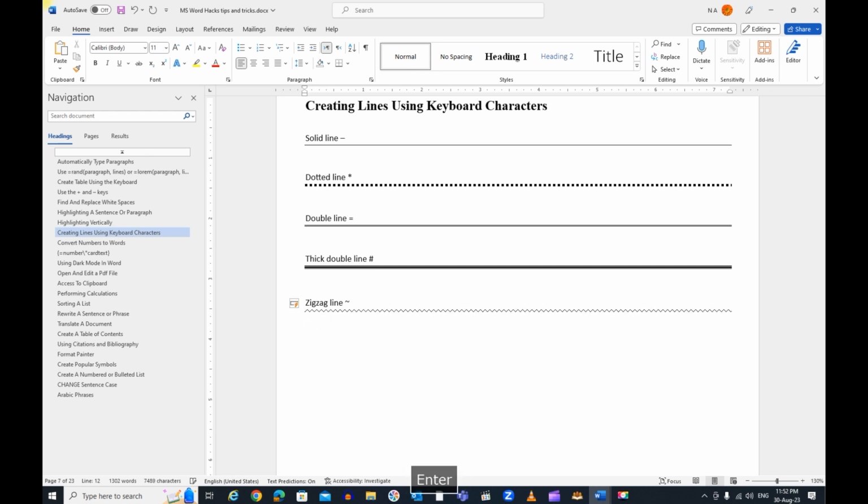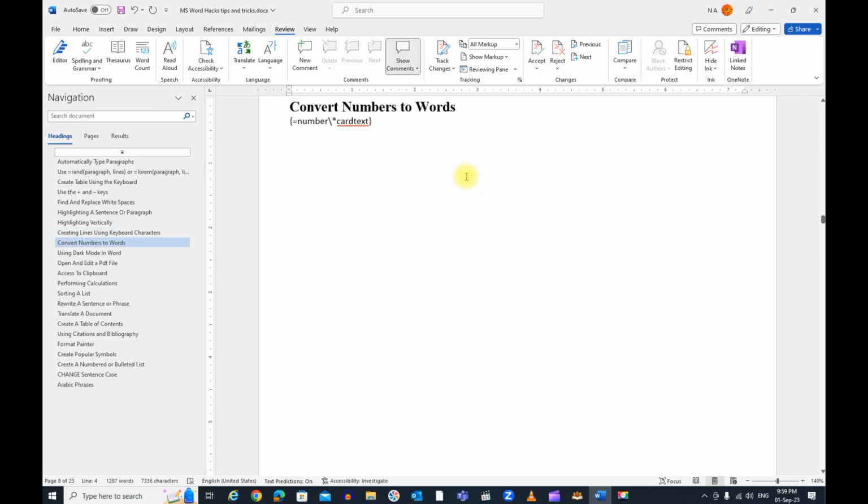Press enter, and now you have a zigzag line. Okay, so the next step is how to convert numbers to words. Let's say I have a number. Okay, I'm going to highlight the number,